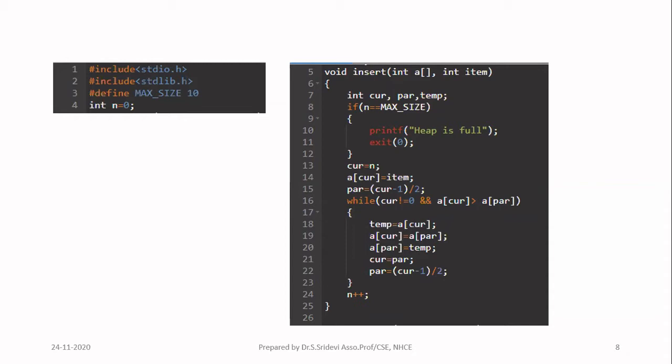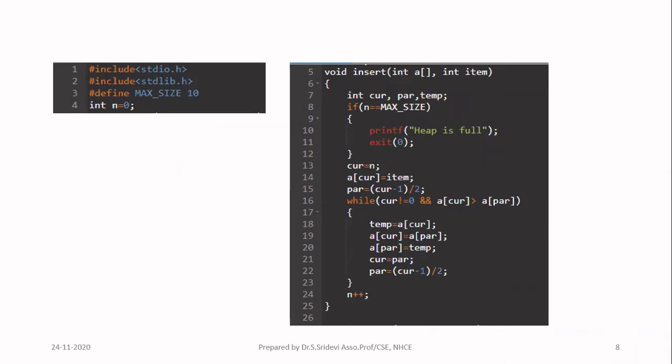If that is equal to the maximum size, what is the meaning? Already you have stored all the 10 elements. You can't insert any more elements. So in that case, we print the message to the user that the heap is full. Then we exit our function because we are not going to perform any work since the heap is full. If you are not exiting and continue with this function, it means that there is some memory available in the heap, so you can insert the element.